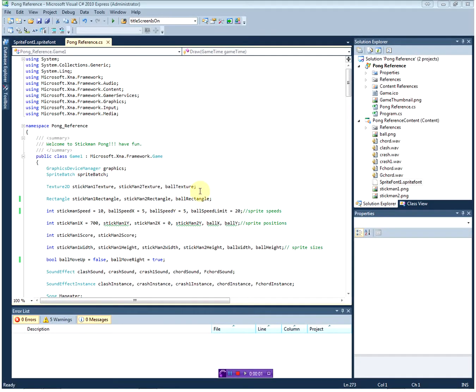Hello everyone and welcome to a brand new series all about making video games with the Microsoft Visual C# stuff. So we're going to start out making a couple different kinds of video games. The first one we're going to make is something sort of like